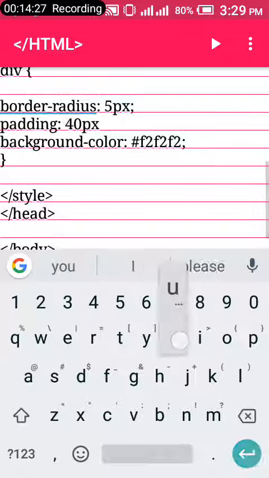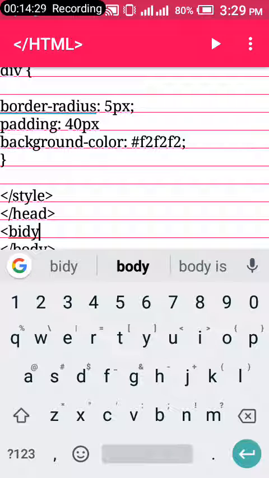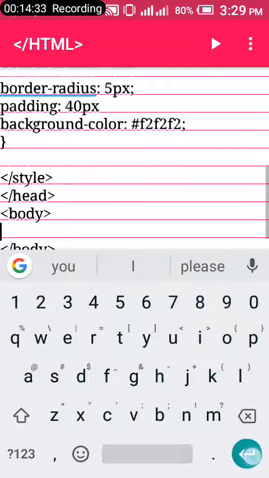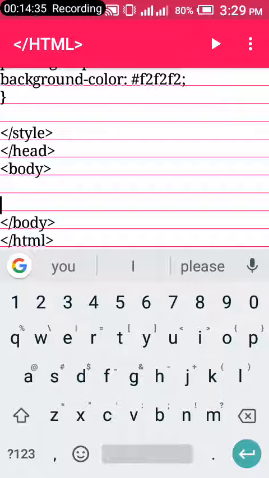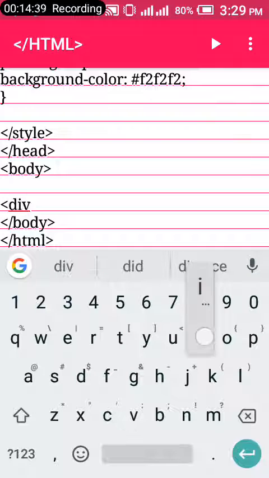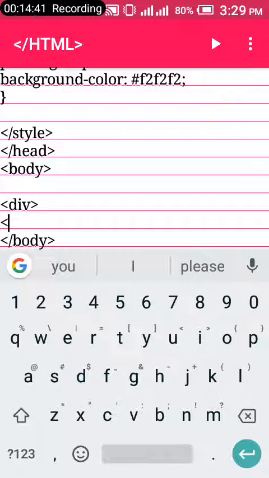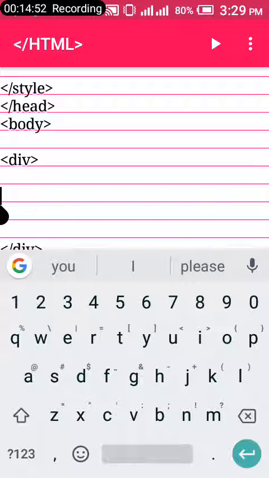So right under the closing head tag, we declare an opening body tag. Please feel free to rewatch this video to understand properly. I'm just doing this to save time. So let's go ahead, and since we've designed our div, let's use it in our project. So opening div tag, closing div tag, being that we've styled it with CSS. Between your opening div tag and your closing div tag, you just give some spaces and we go right ahead